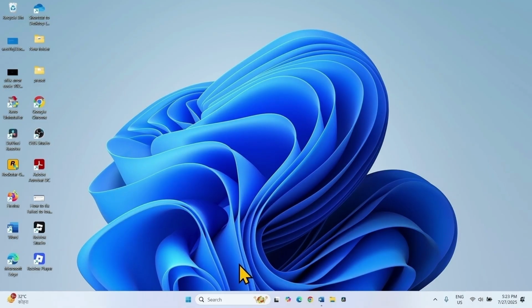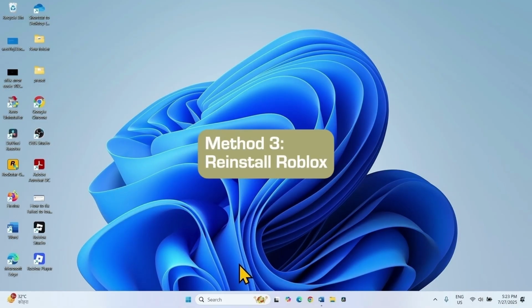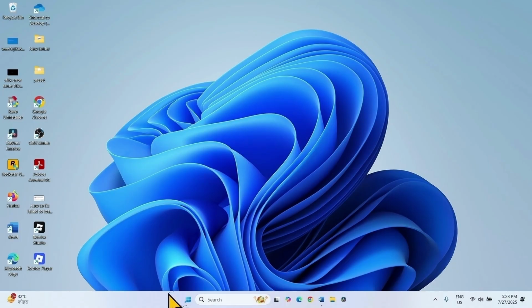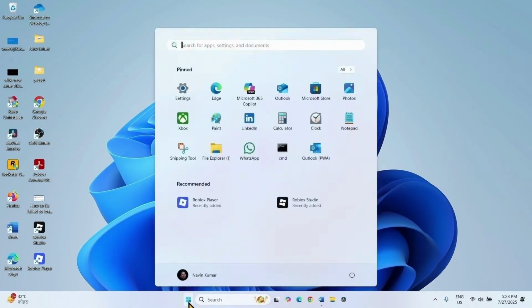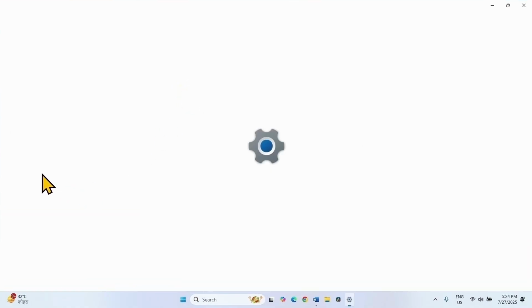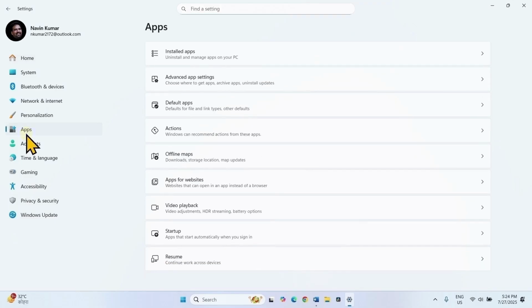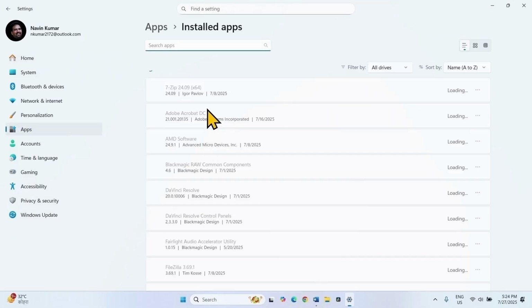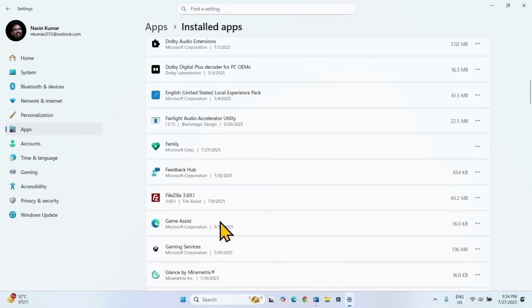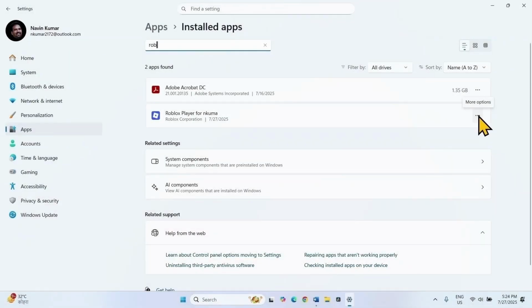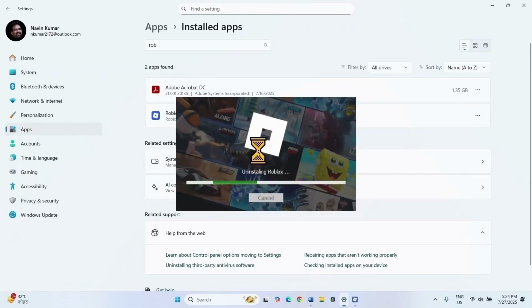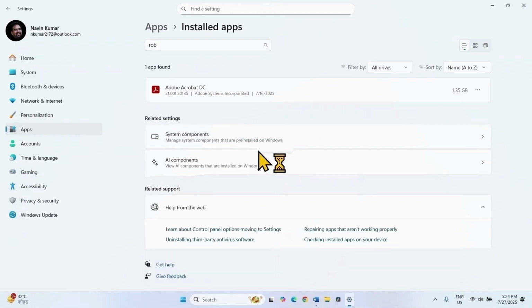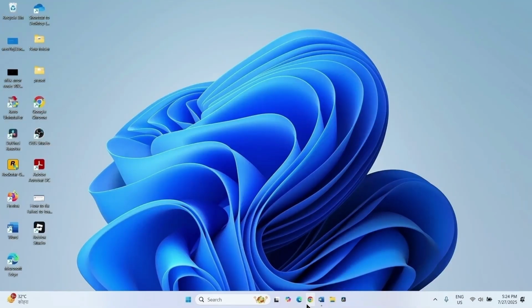If the error message still appears, then uninstall and reinstall Roblox. Click on start, select settings, go to apps, select installed apps, find Roblox in the list, click on three dots, select uninstall, click on uninstall, close the settings app, go to a browser,